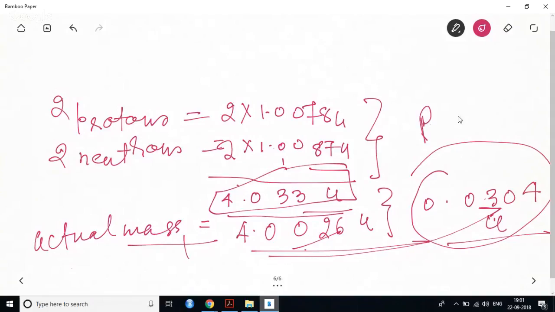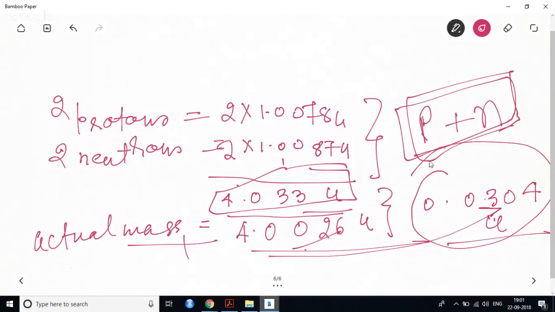So find out mass of each proton, find out mass of each neutron, add it. Whatever this particular mass is, difference of this mass from the actual mass of the nucleus will be known as mass defect. So if this is the mass defect, it means that there is change of some kind of mass. So how is Einstein's mass energy equivalence used here?